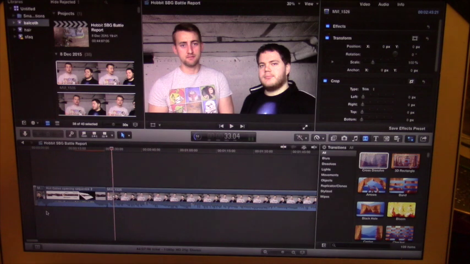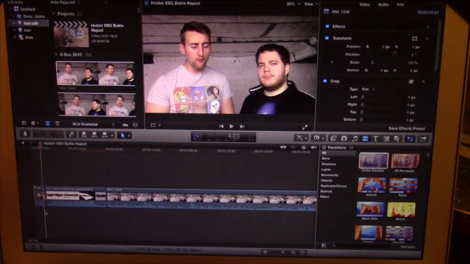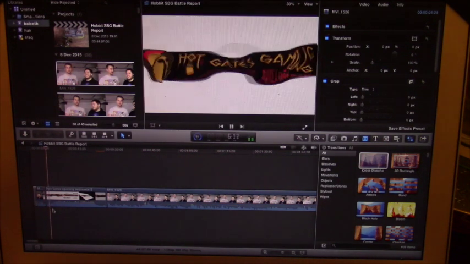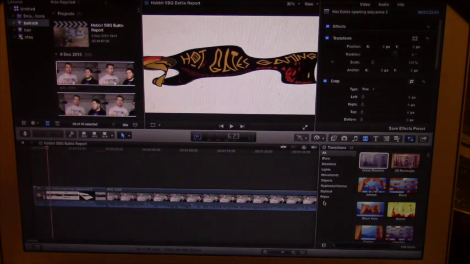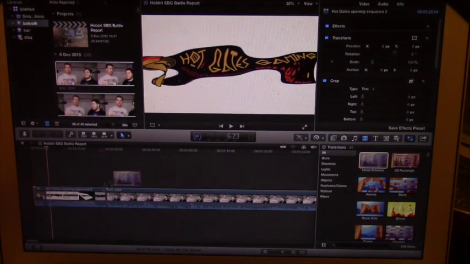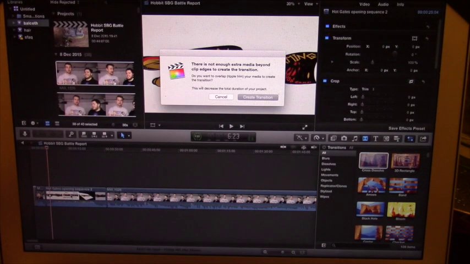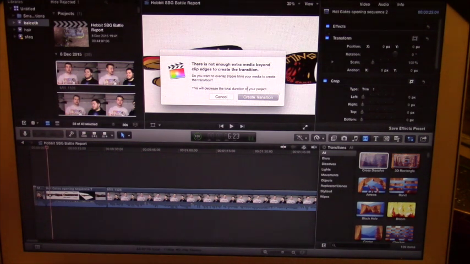So you can also see there, one of the cool things about this is because of the way that the video has been made, the actual Hotgates Gaming opening sequence, it kind of blurs between the two clips naturally, but not as much as I would like. So now, because I want this at both ends, I can hover the cross dissolve over the whole thing. So you keep an eye on the bottom left hand corner of the screen, remember, and if I let go of that, now you can see here there is not enough extra media beyond the clip edges to create a transition. So it does mean there's going to be a little bit of a blur, but we're going to